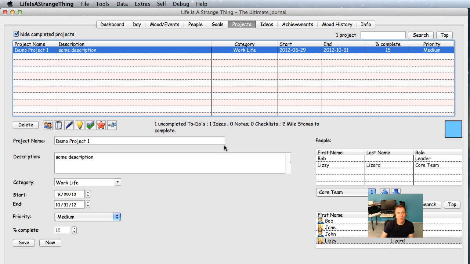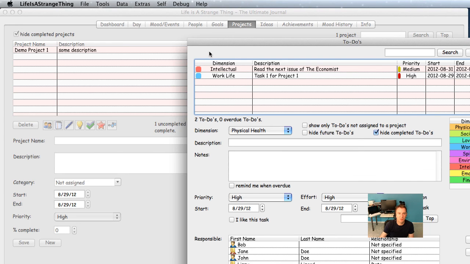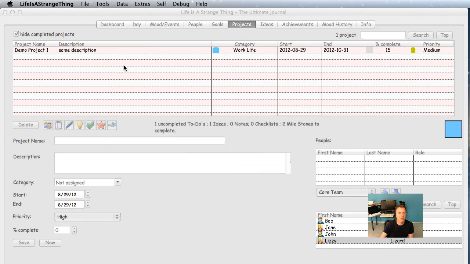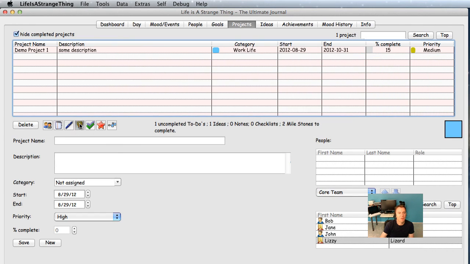To recap, we looked today at how you build projects, how you link projects to all these different other sections of the project, including meetings, including to-dos, which is what we covered in the first part of the session. Here is to-dos, with notes, with ideas,